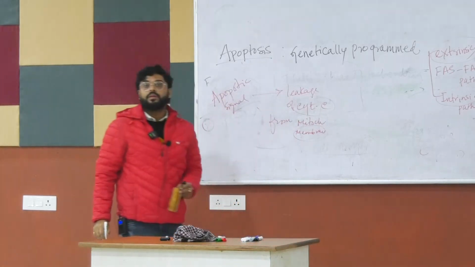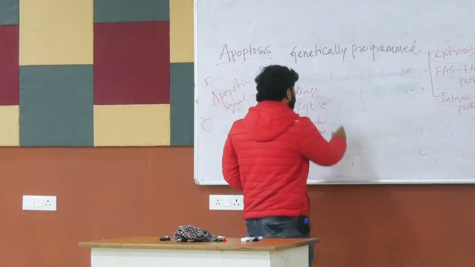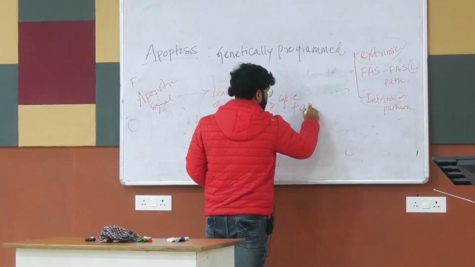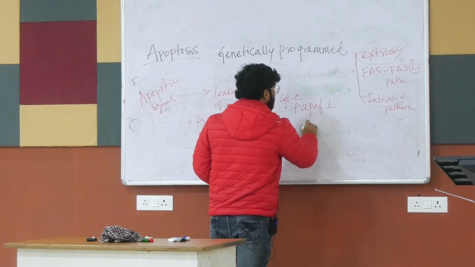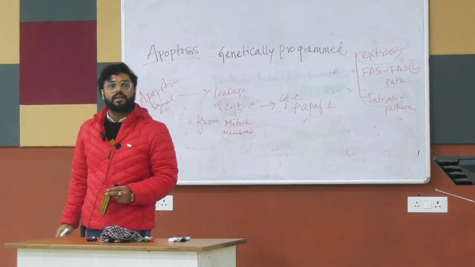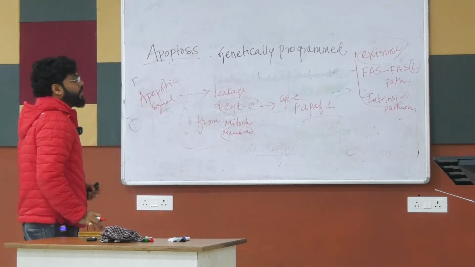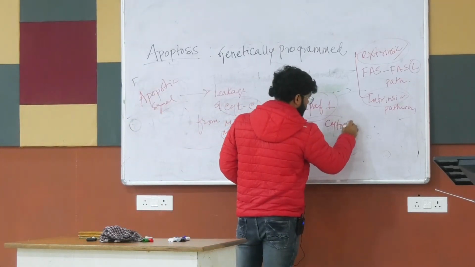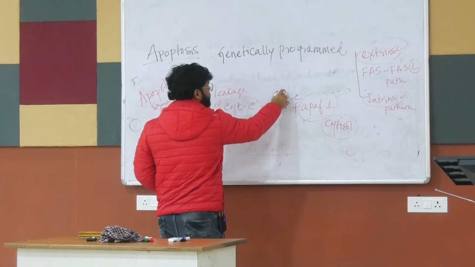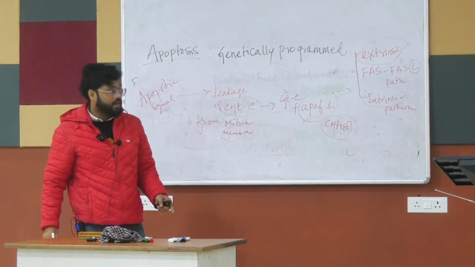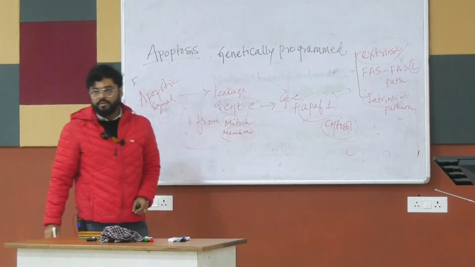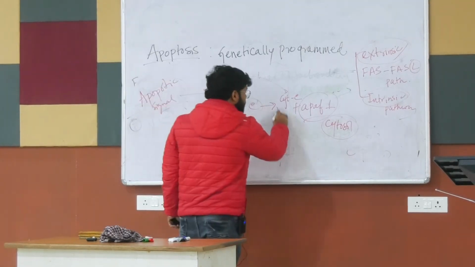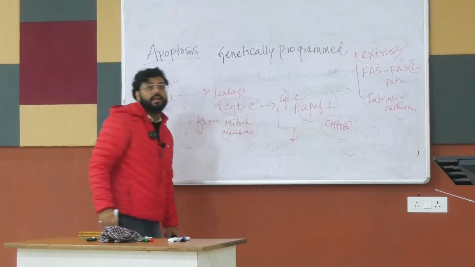Okay. This cytochrome C binds with APAF1. APAF1 is a ligand for cytochrome C, and it is present in the cytosol. So leakage of cytochrome C comes into the cytosol, and it binds with the APAF1, the ligand for cytochrome C. When cytochrome C binds with APAF1,